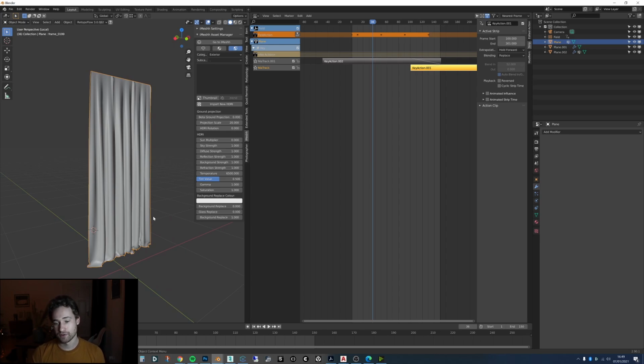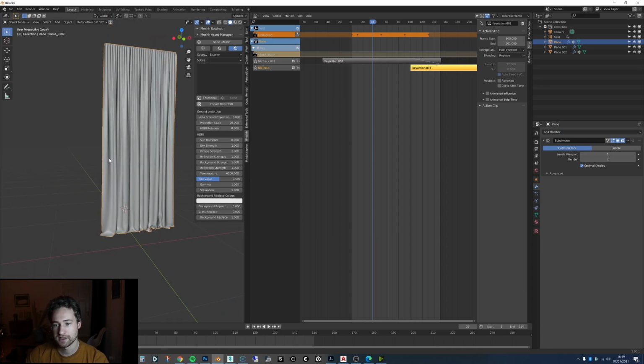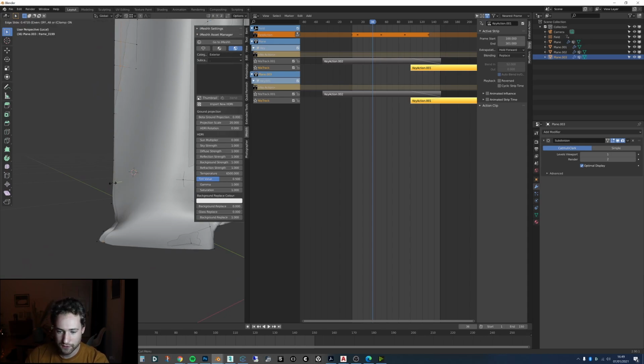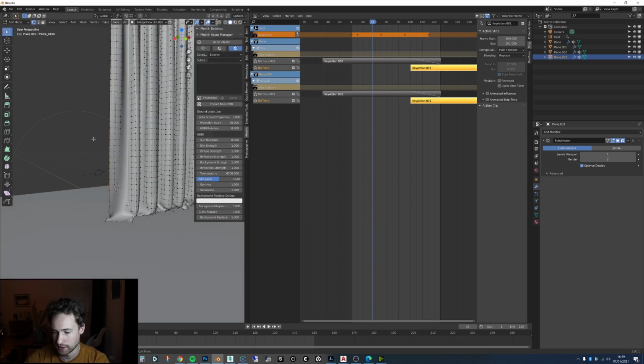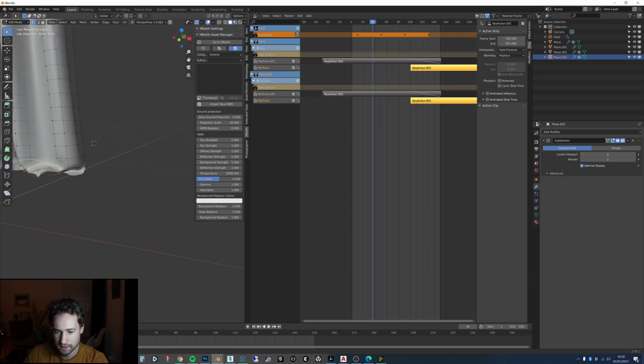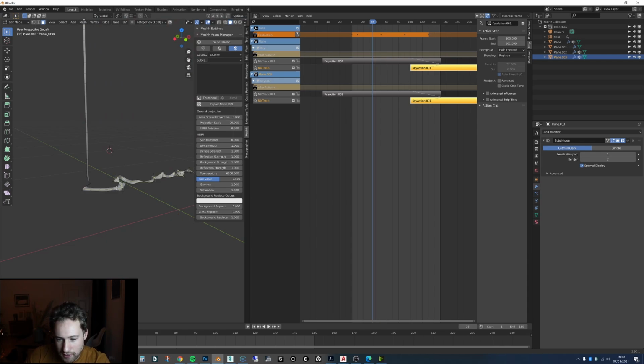What I then did later on was actually modify this slightly. So you can add a subdivision surface to make the creases a little bit nicer. I then also duplicated it. I then also added a few loops here. Let me just localize this one and then do one over here, just on the edges. And then I selected this edge, and this edge, and deleted these faces. Actually, let me just add another loop here and delete these ones.